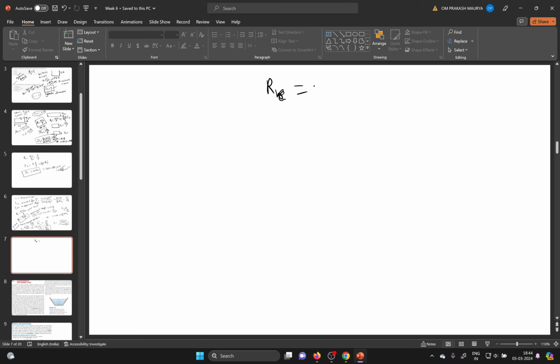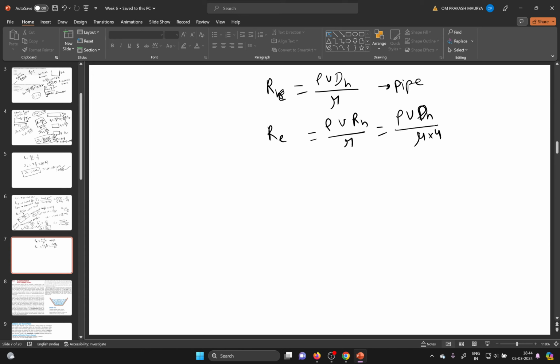Okay, Re is equal to, in case of pipe flow, rho v Dh by mu, and Re in case of open channel flow, rho v RH by mu. We can also write velocity into Dh by mu into 4, therefore your RH is equal to Dh by 4 in case of open channel flow. So your Reynolds number here for laminar,